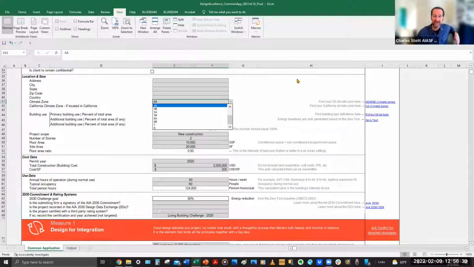I don't know what 3B or 3A is, but that's a good question. I know, that's surprising. This has never come up, especially if that's San Francisco. It's not like it's Modoc County or something where not many people are doing projects.